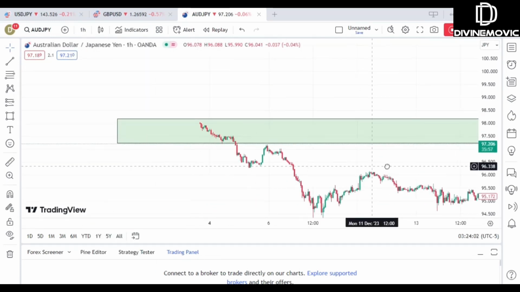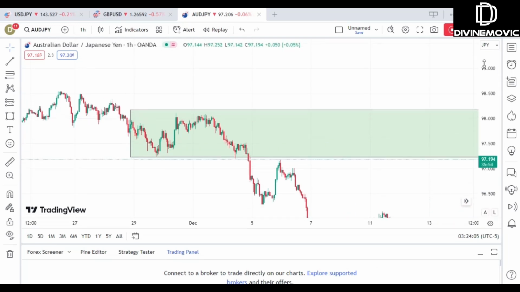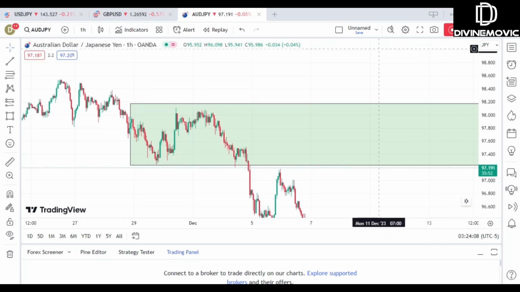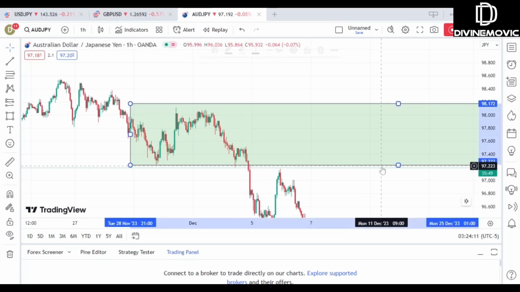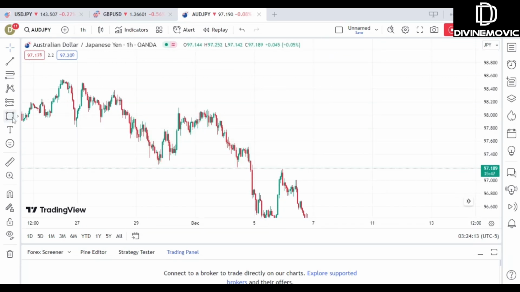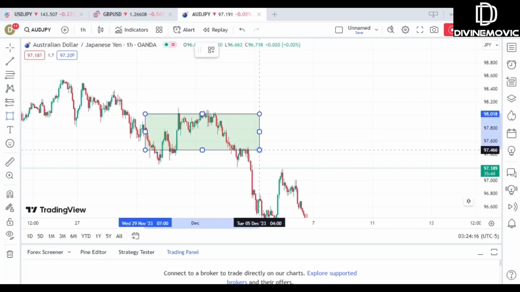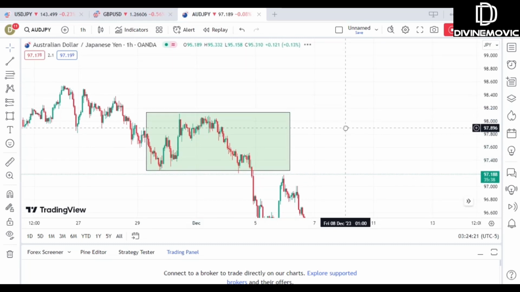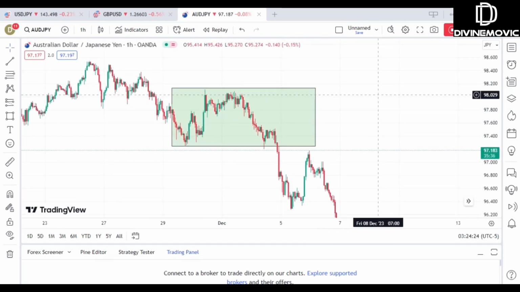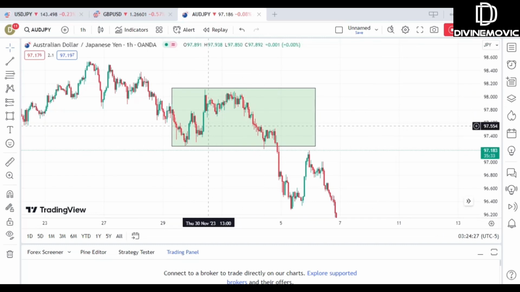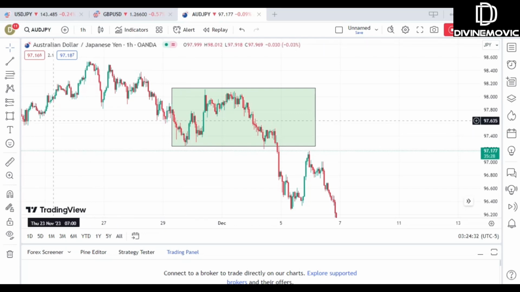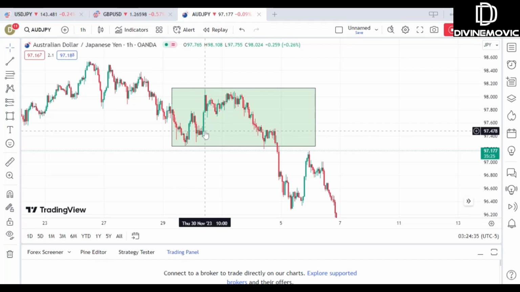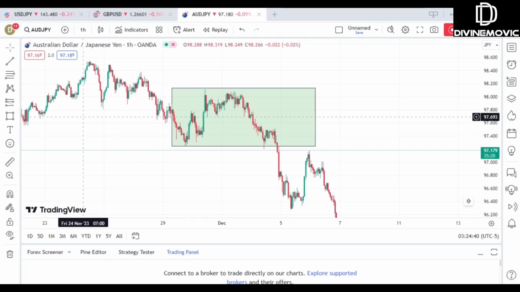Now on the 1 hour time frame, what I can clearly see here is that this is our area of concern. On the 1 hour time frame, what I can clearly see is that price engineered liquidity at this zone here, and price was respecting other blocks here. You see, let's show it out. Price was respecting the order block here, giving us a higher high, showing us that price is going up. And now when price got to this order block,